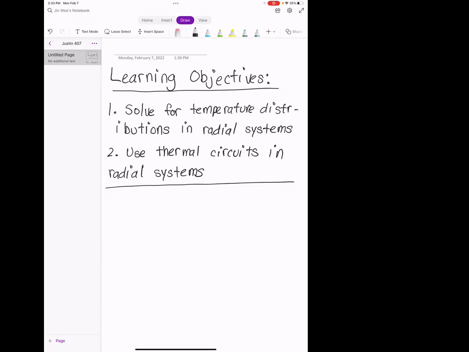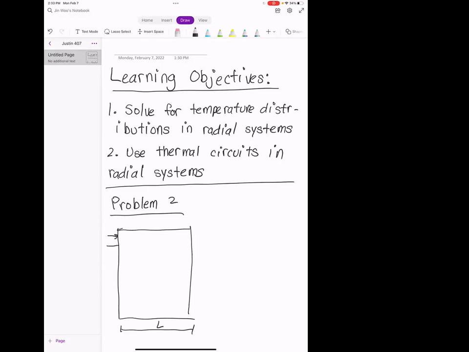This is problem 2 on the homework. You guys see okay? Or is there a weird glare? I'm going to move it up here. In problem 2 on the homework, we have a rectangular slot like this. This length here is L, and on the left boundary we have a heating type boundary condition. I told you we have a thin electric heater on that side of the plate, heating it with a constant heat flux of q naught double prime.